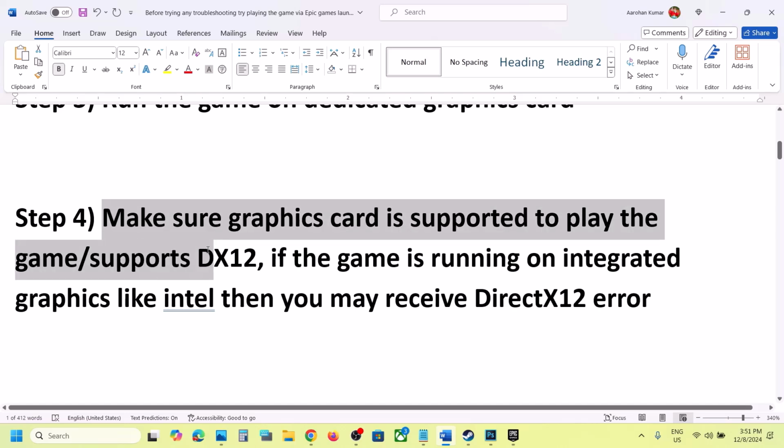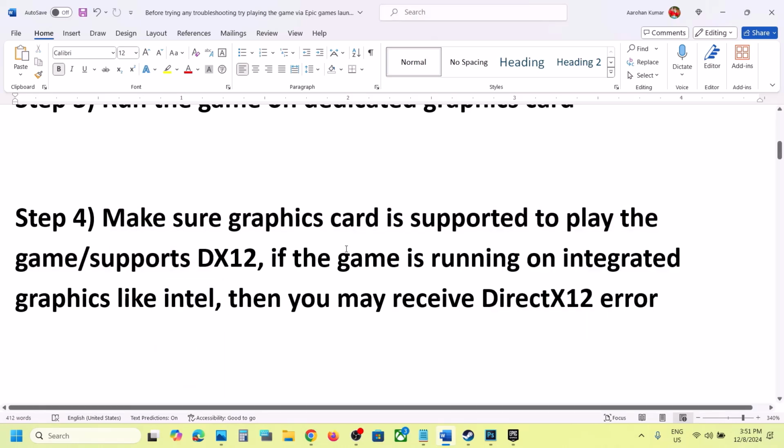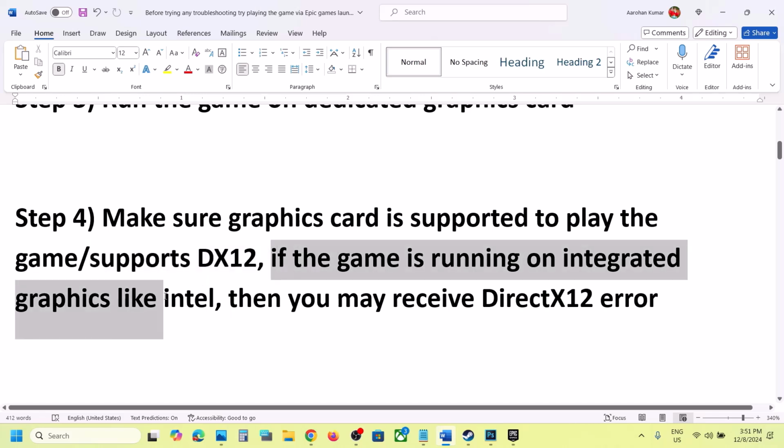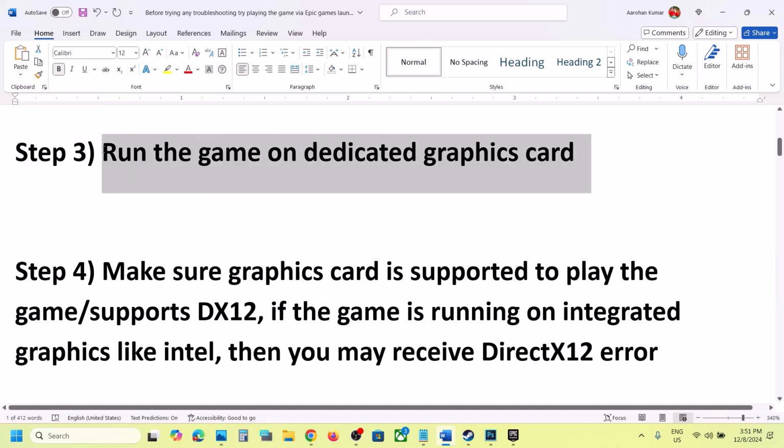Next step is to make sure your graphic card is supported to play the game. If it is not supported, you will receive DirectX 12 error. So make sure your graphic card is supported, and if the game is running on integrated graphic card like Intel, then you may receive this DirectX 12 error. Now for this, you can just follow the steps from this step and make sure the game is running on